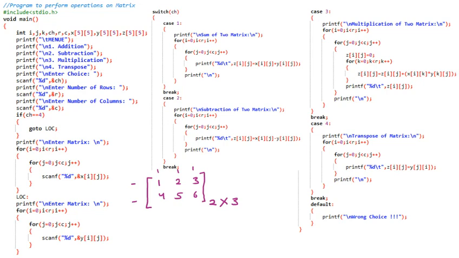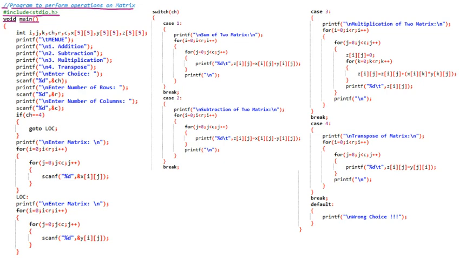Now we are starting. First of all, we have the comment: program to perform operation on matrix. This is the comment for the developer, meaning there is no impact on the program, because double slash means the compiler will not read it. Hash include stdio.h. This is the standard input output header file for printf and scanf functions. Afterward, void means no return type, main means the driving function.